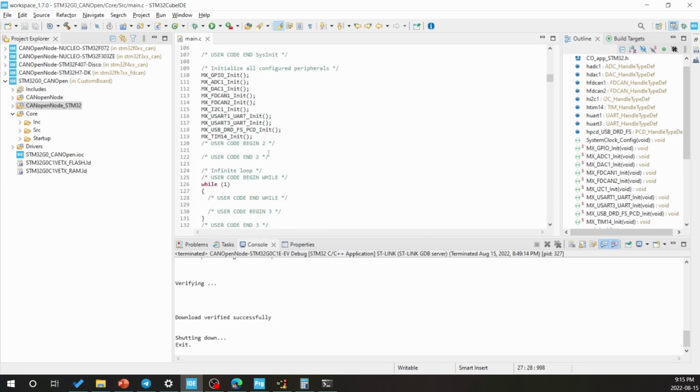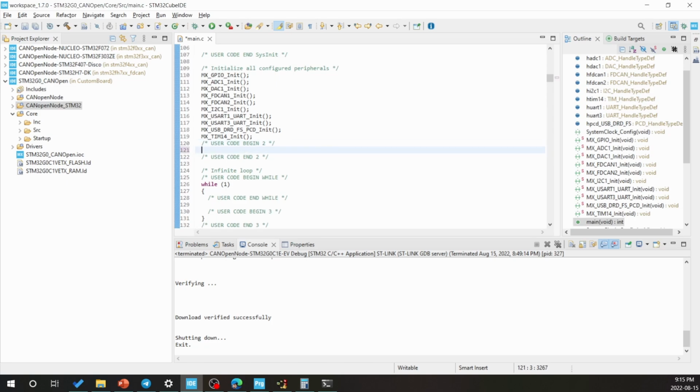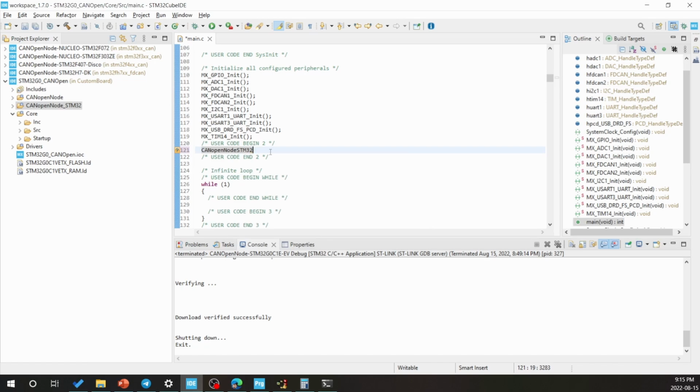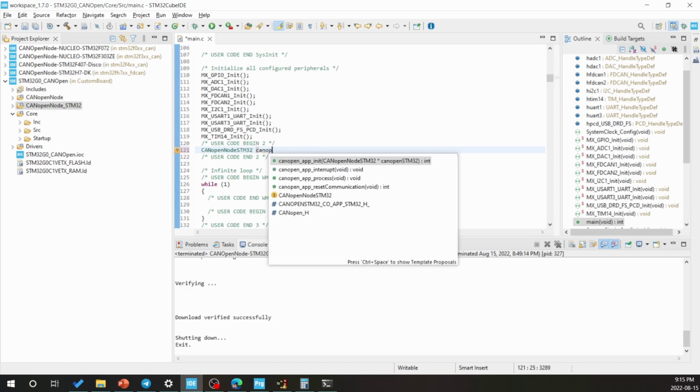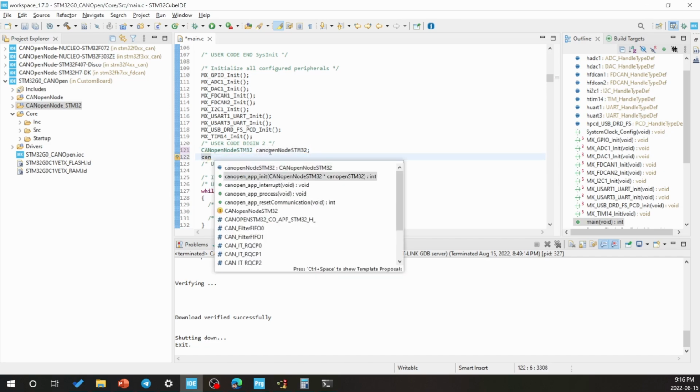And the next step is to initialize CANOpen node, initiate a CANOpen structure. CANOpen STM32, but just with the lowercase, okay? And then CANOpen STM32